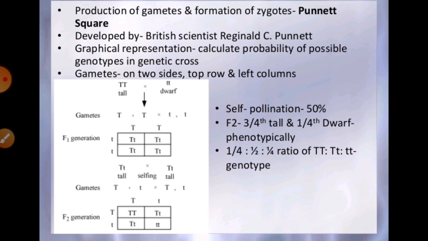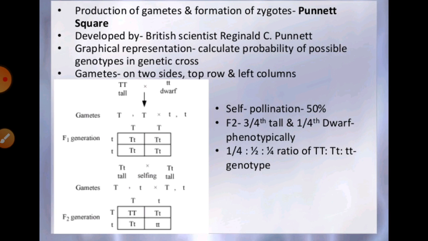After that we can say that this cross can be easily done with the help of a probabilistic Punnett square. A British scientist, R.C. Punnett, gave us the mathematical proof of these crossings, that is, the production of gametes by the parents and the formation of the zygote. The F1 and F2 generations can be easily understood with a diagram called the Punnett square.